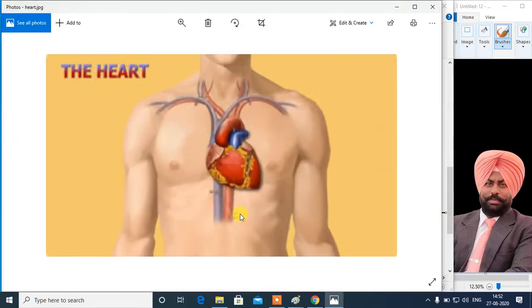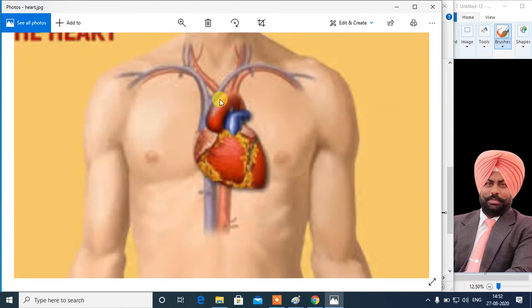Here is the image in front of you. You can see with the help of a yellow cursor that this is the center of the body. The cursor is moving on the center line of the body, and you can see that the lower end of the heart is situated on the left side. This is the reason why the heart appears to be on the left side, because the contraction of the heart is most powerful at this point, which is a little left of the center of the body.